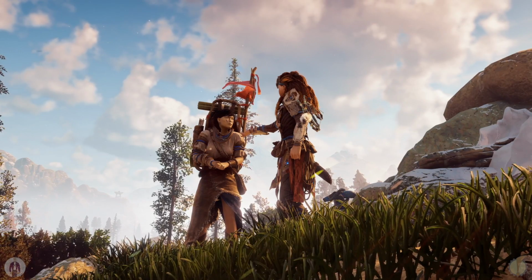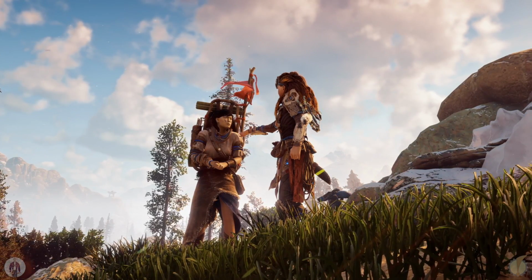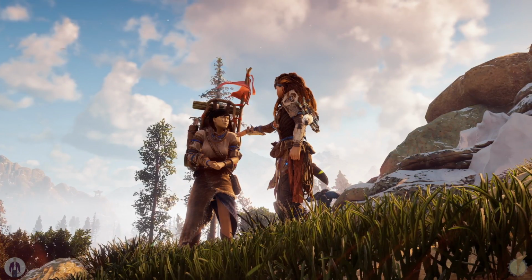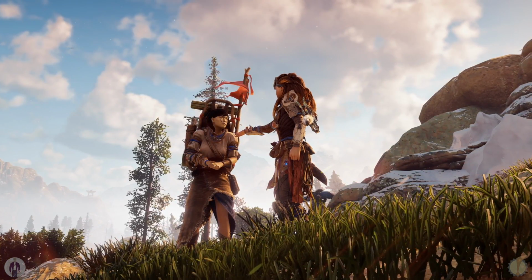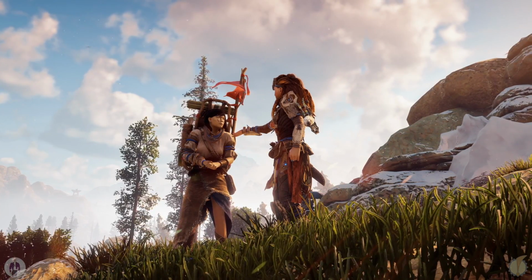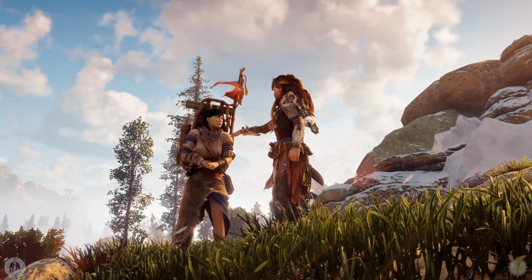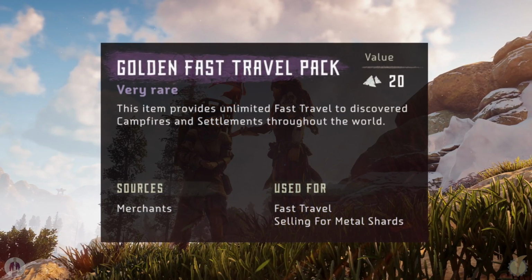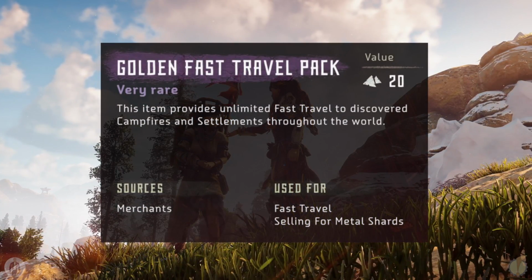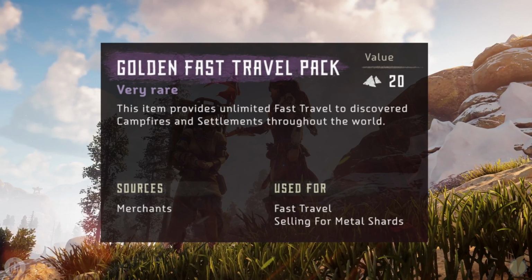Speaking of fast travel, you might have noticed that this mechanic works a bit differently than most open world games, as fast travel packs are a single-use commodity every time you want to shoot across the world. However, there is one item that will give you unlimited fast travel, that being the Golden Fast Travel Pack. You can pick this up from merchants fairly early in your playthrough, but there is one specific thing you'll need: